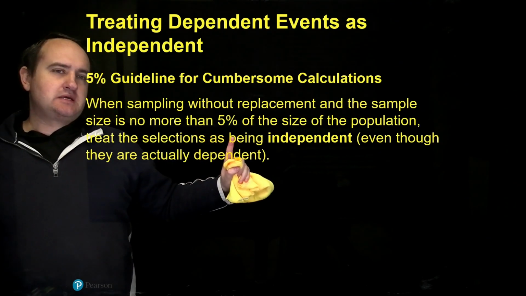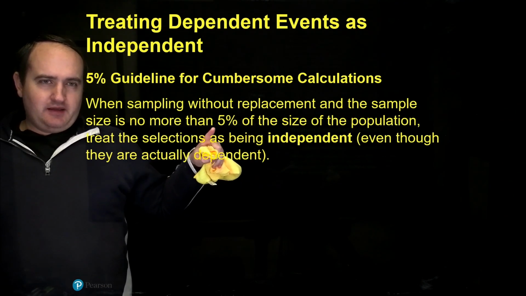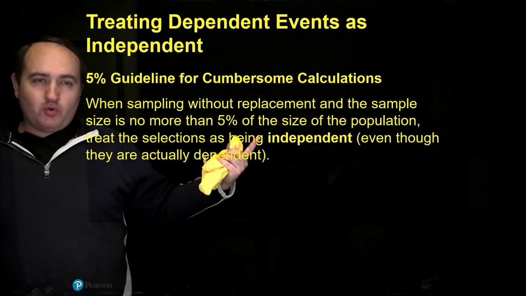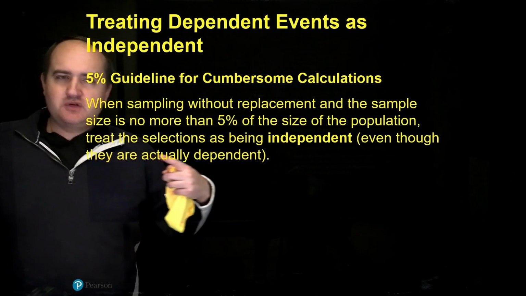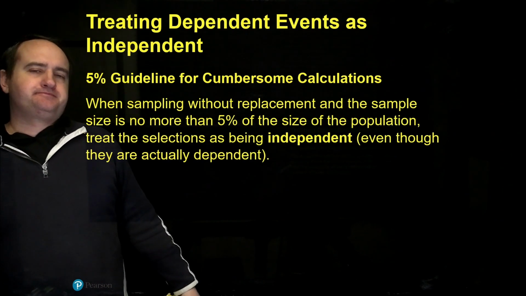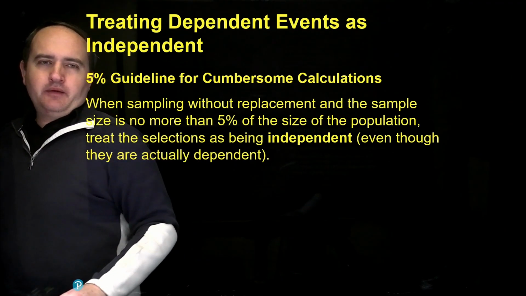the thing is, you could just look at your sample size. If it's 5% or less, then you can just treat the selections as being independent. So that does show up a little bit on your homework. And so,